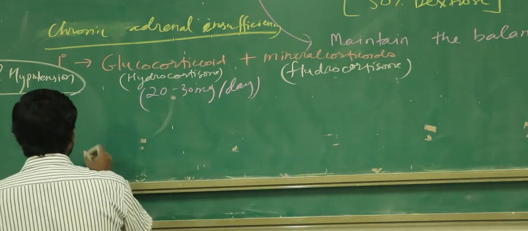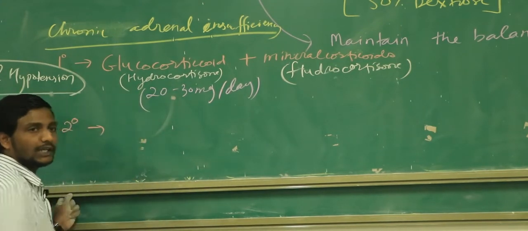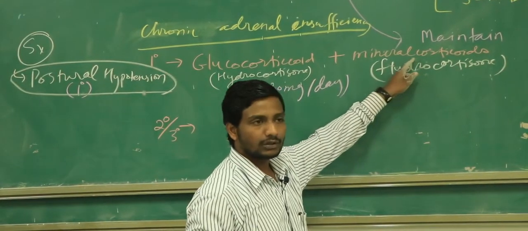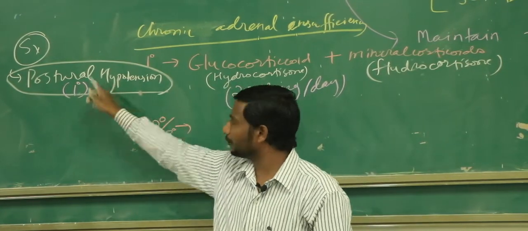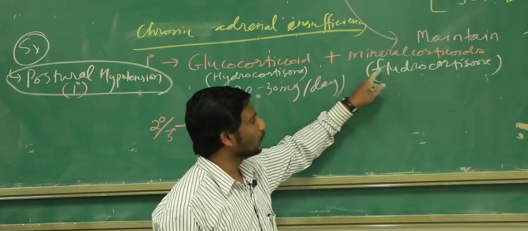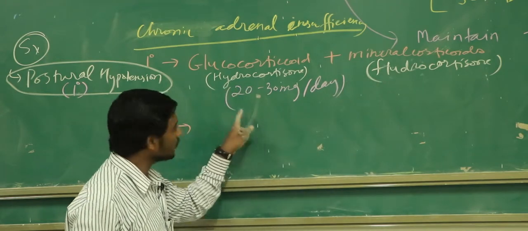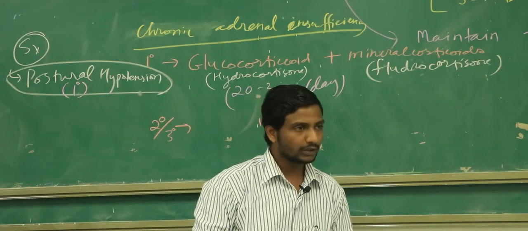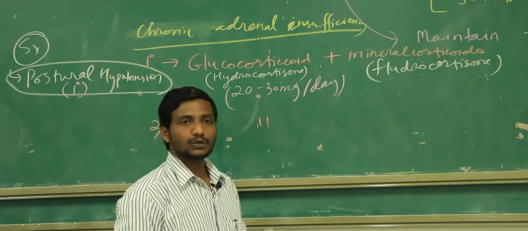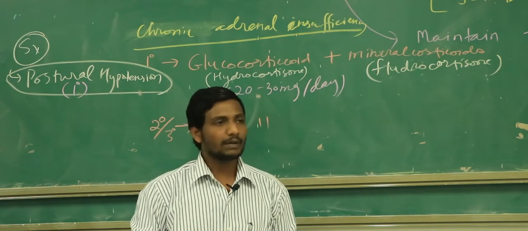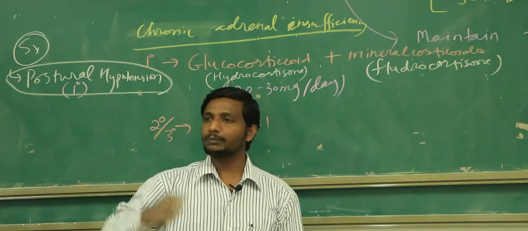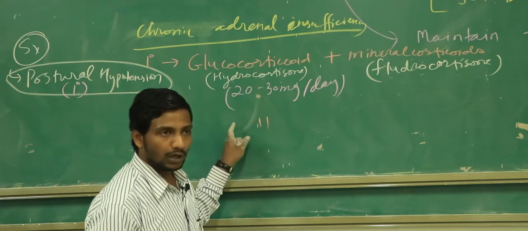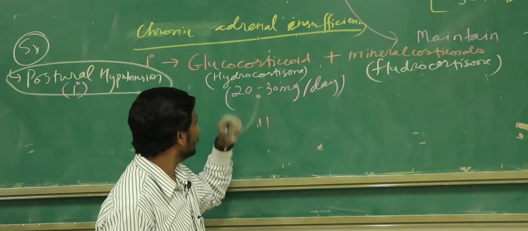If somebody has secondary or, let's say, tertiary hypoadrenalism, do you think we need to give the mineralocorticoids? No, because the aldosterone is normal, and this patient does not have postural hypotension. So we are not required to give the fludrocortisone, we are only required to give the glucocorticoids. The dose will be almost the same. Clear what I'm saying? And we also treat the main disease here. For example, suppose a patient came to you with an adenoma in the pituitary gland, and that's why the problem is there. So we first need to treat that problem also. But we must replace the cortisone level here by giving the glucocorticoids.